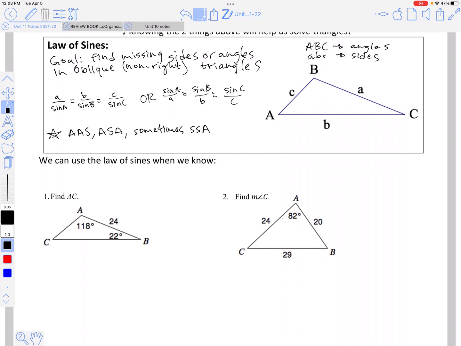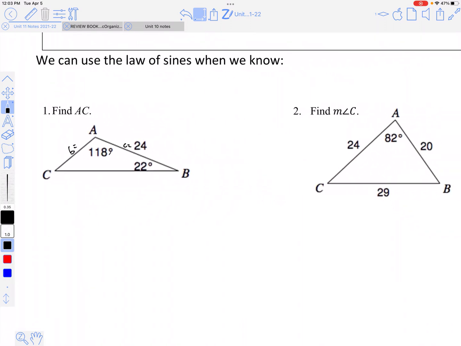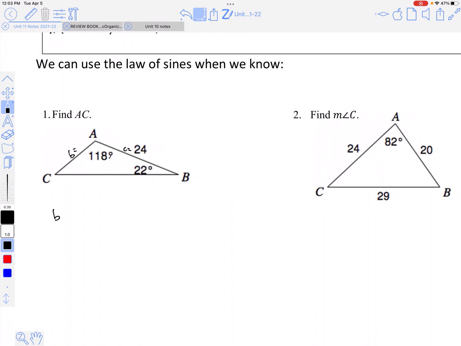Okay, so let's look at a few examples. Here our goal is to find AC, which is little b. We also have little c, and then obviously we have big A and big B. All right, so let's do it. Since I want to find little b, I'm going to start right there: little b over sine of 22 degrees